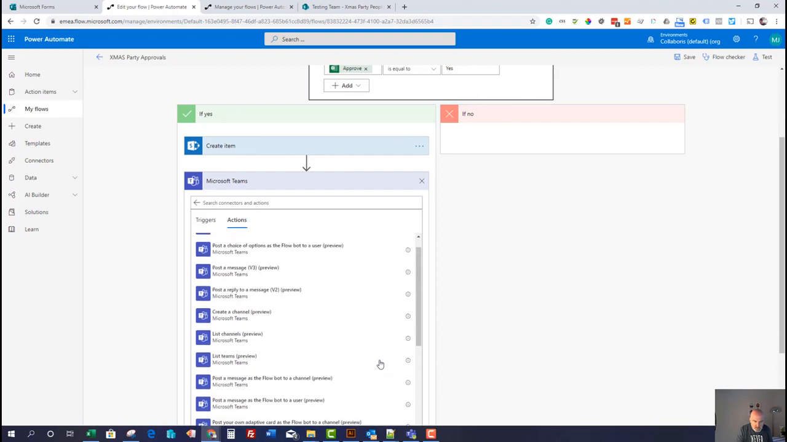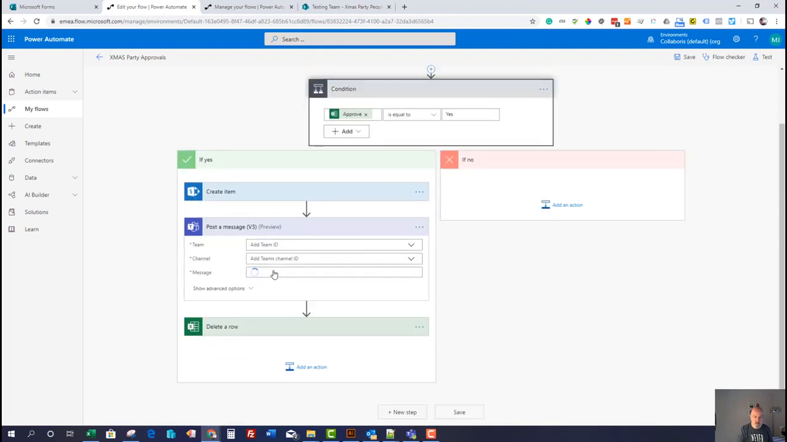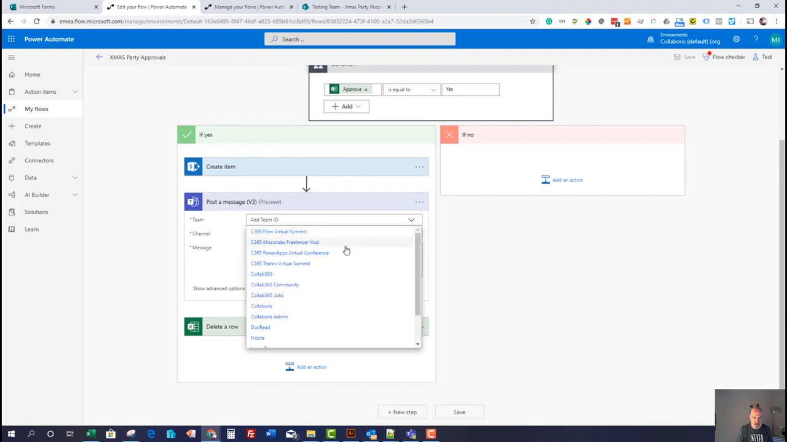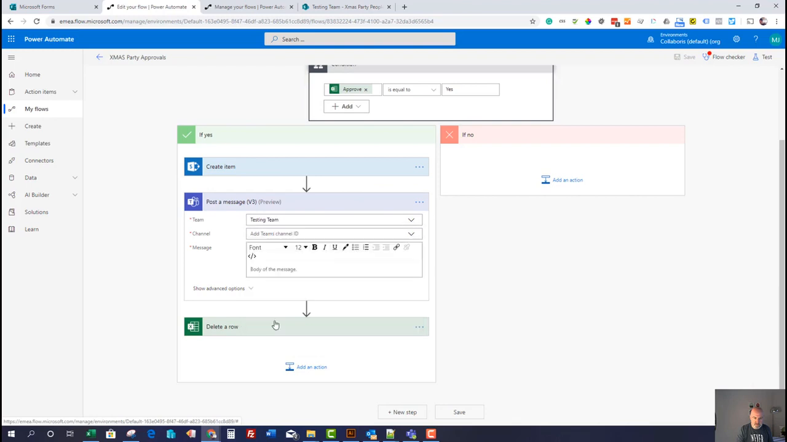Post a message. So what I'd like to do is post a message, which is going to be a little message that pops up in the Conversations tab. So let's go pick the team. It is testing team, and the channel is, I'm just going to pop into general, and the message is going to be